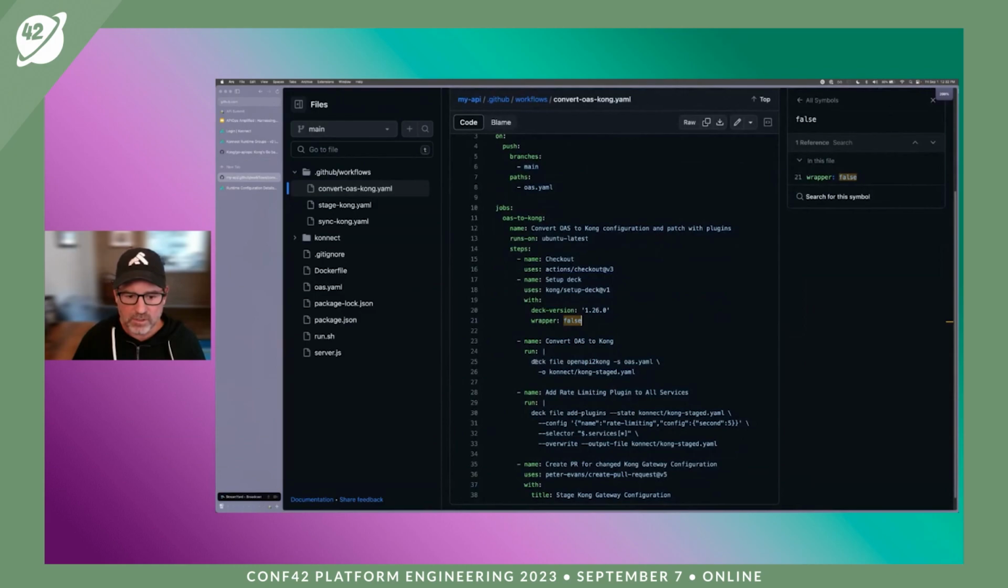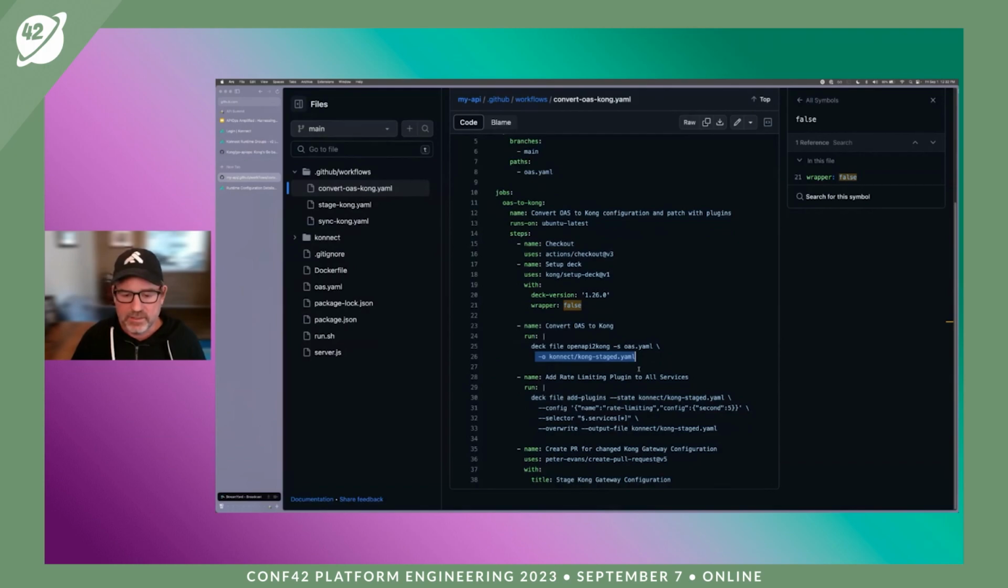We're going to use our deck APIOps style commands to convert that OpenAPI spec file into a staged declarative configuration. So here we're saying convert this file to output to this file. And